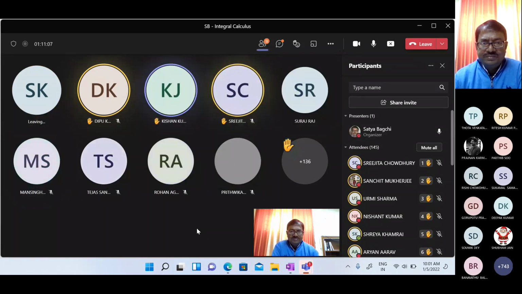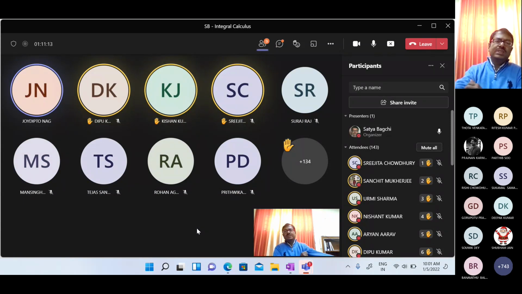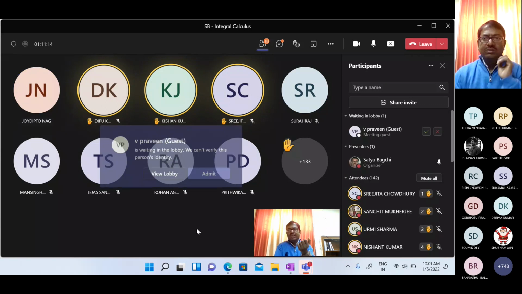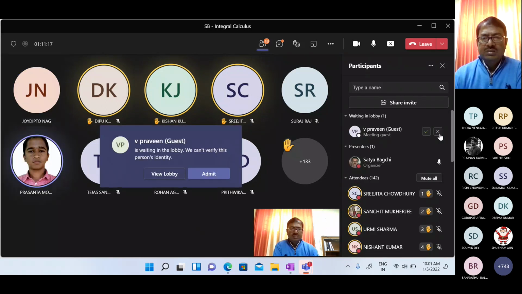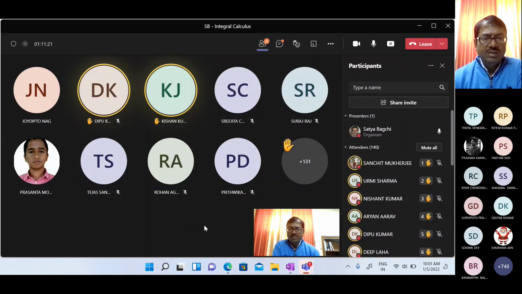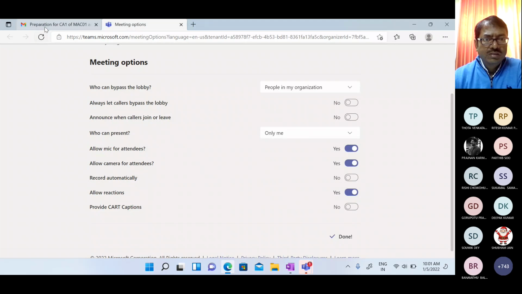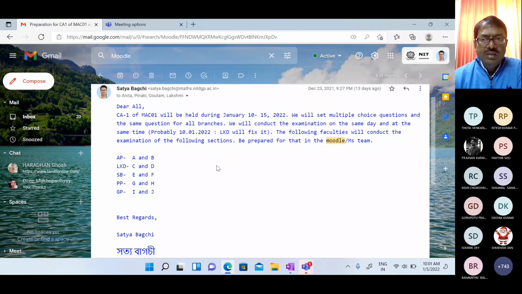Sir, will it be possible for you to send the syllabus? Means up till what? No, syllabus. Where you give assignment, Moodle or MS Team? That depends on your teacher. Your teacher will contact you. Sir, we will have to make an MS Team account. MS Team. I already gave, and today I am giving again at the end of the class. Sir, assignment you will conduct in MS Teams only, sir.